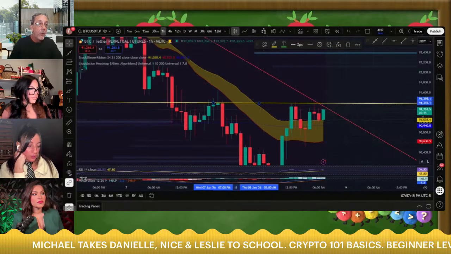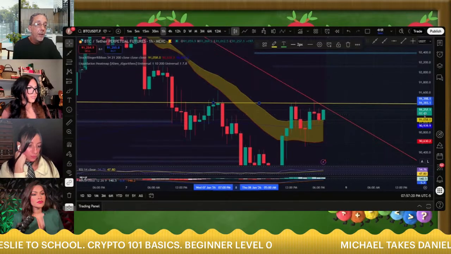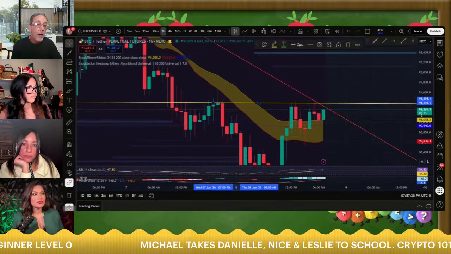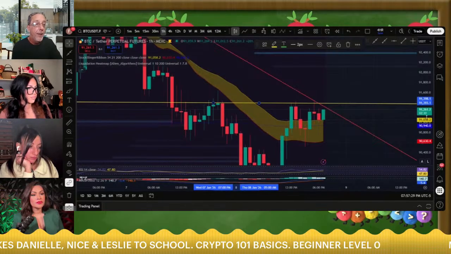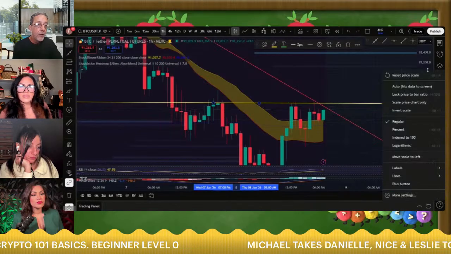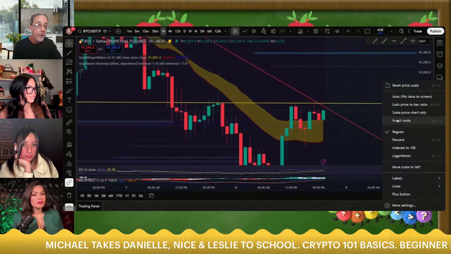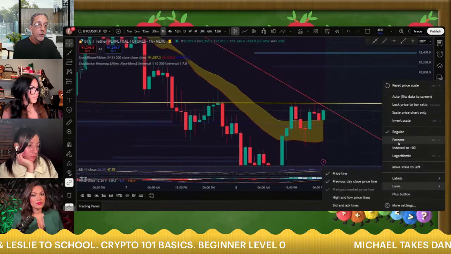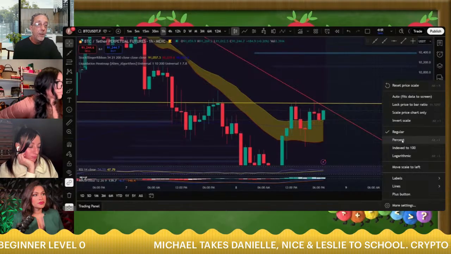So we've got 2 minutes and 46 seconds left on this particular candle. If you look over on this side, the green will tell you 91,261, and then you've got 2 minutes and 33 seconds left on that. And if you don't have that, what you do is right click over here on the prices, and then you can come down here and look for lock price to ratio bar, invert scale.